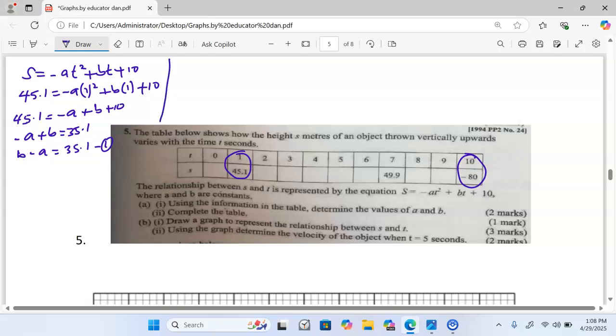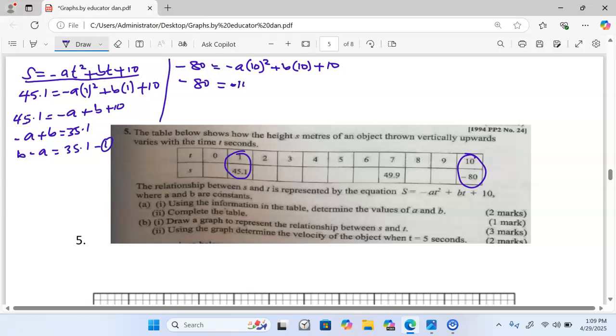Then again, using the same approach, we will use 10 and negative 80. Remember, negative 80 will be the value of s using this equation here. So negative 80 is going to be equal to negative a multiplied by t, which is 10. But remember, t squared plus b multiplied by t, which is 10, plus of course 10. We are going to have negative 80 being equal to negative 10 squared is 100 times negative a, you get